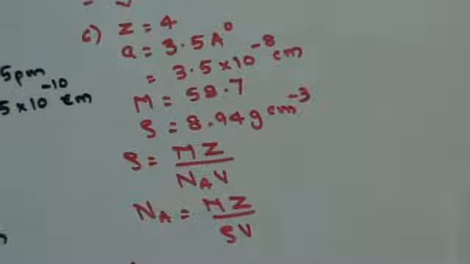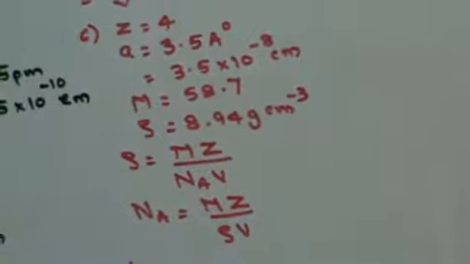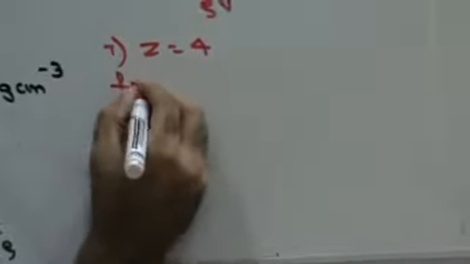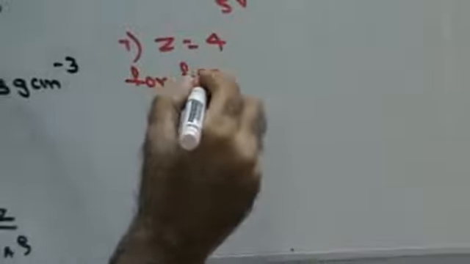Sodium chloride crystallizes in FCC lattice. Find the number of formula units of NaCl. Now, for FCC lattice,